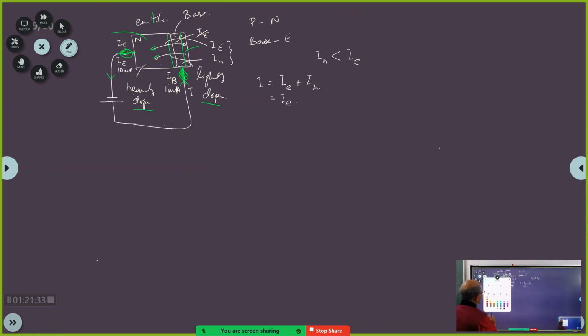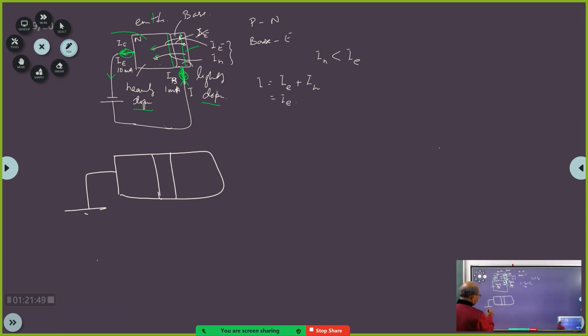So this is the first thing that I wanted to teach you. Now you see, when you have a transistor like this, and when you forward bias this,